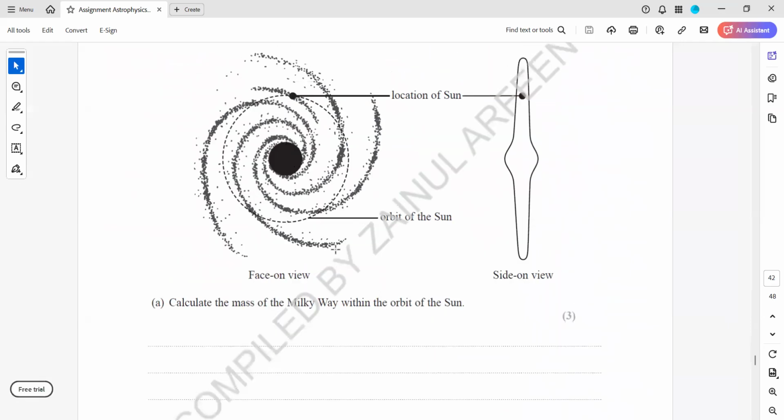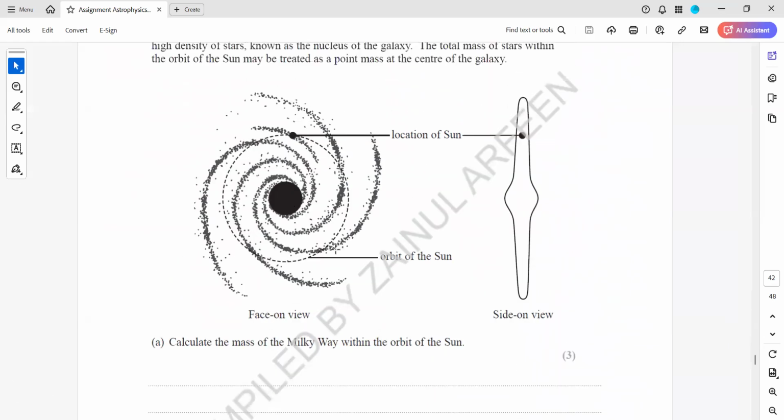calculate the mass of the Milky Way within the orbit of the sun. How much mass is there within this orbit? That is what we have to determine. So how do we work out the mass of the Milky Way? Look, what we are considering,